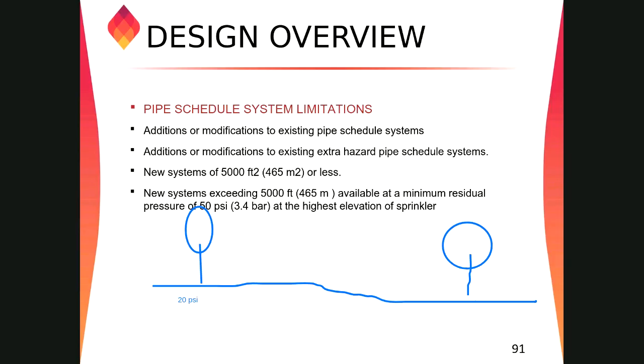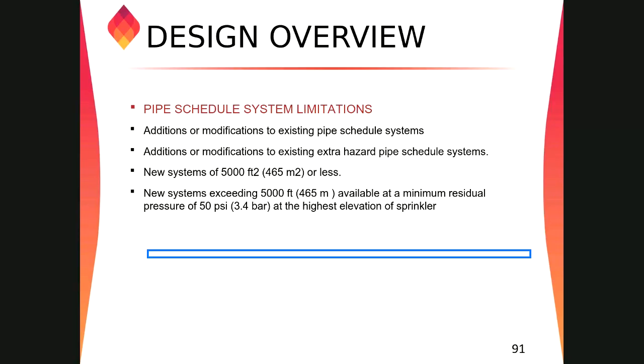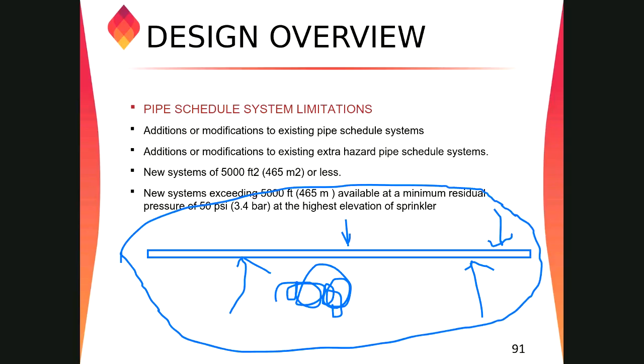The second problem: this residual pressure concept comes mainly from the municipality, right? The public water supply, which we use for our plumbing work, for our household and hygienic activities, for drinking. So if the pressure goes below 20 psi in the underground piping, the public health agencies fear that the groundwater may contaminate the main water line. If there is groundwater in those areas, there might be some leakage into the pipe,